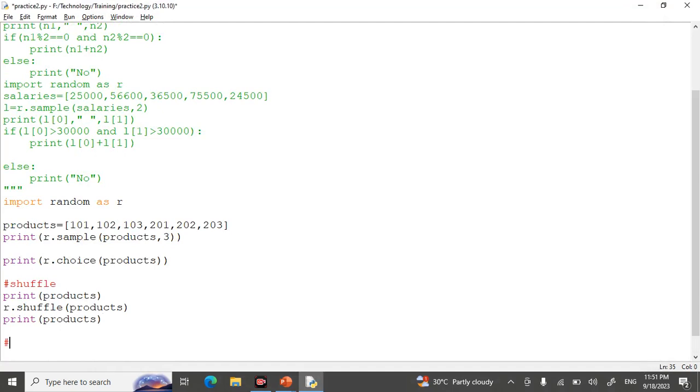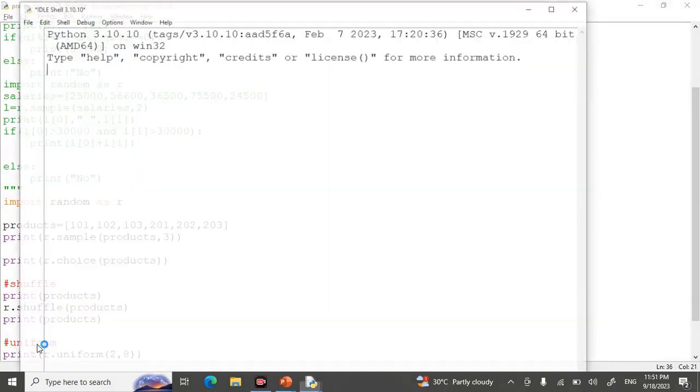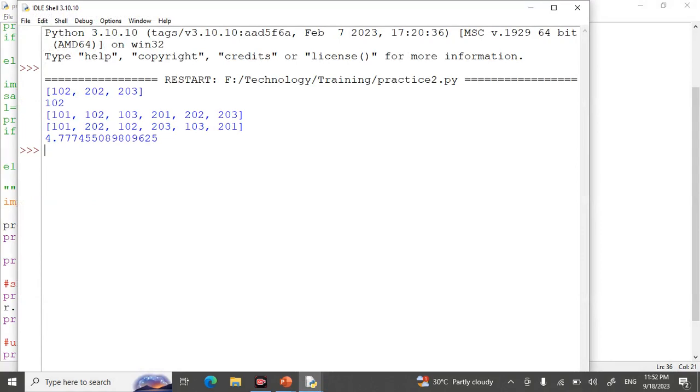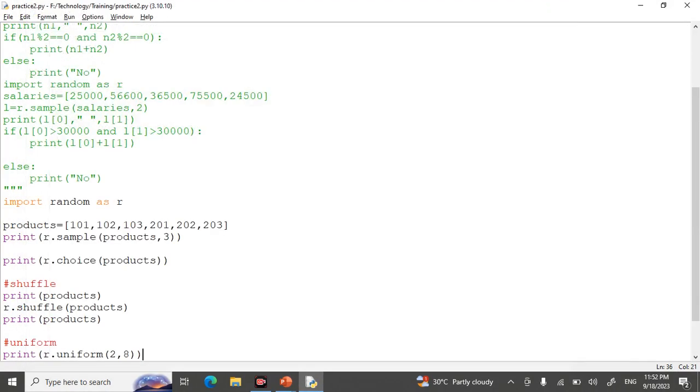We have one more function to generate random float values. We use the uniform function. The uniform function will generate floating values in a given range. Print r dot uniform, let's say I have specified the range here, and it generates the float value. So yeah, these are all